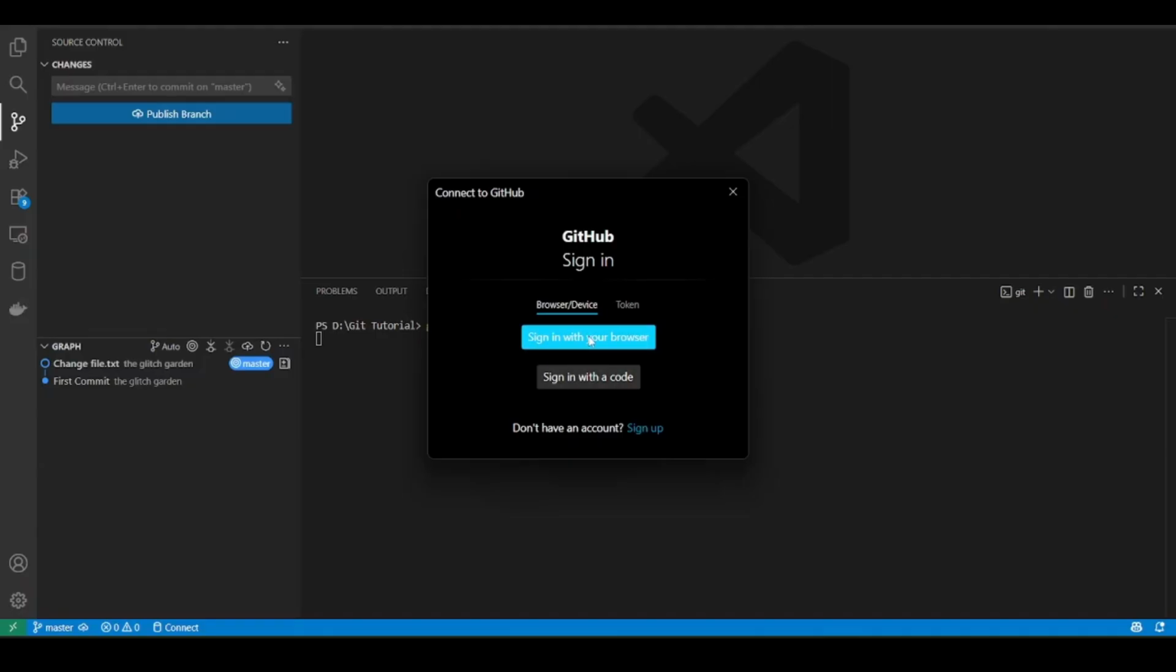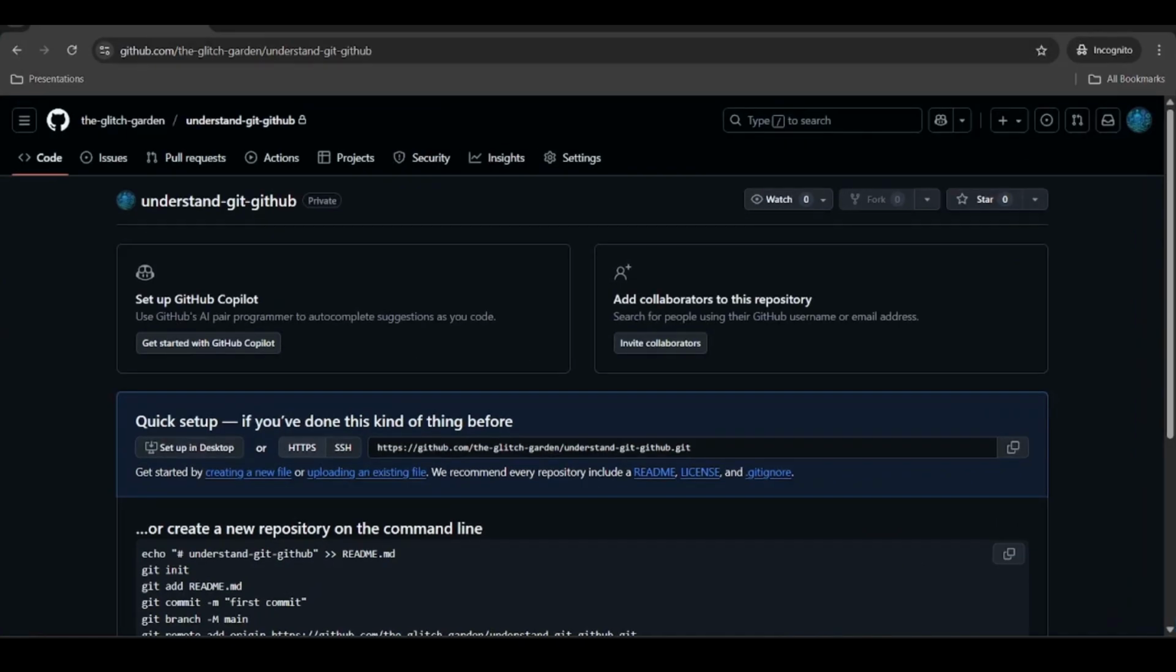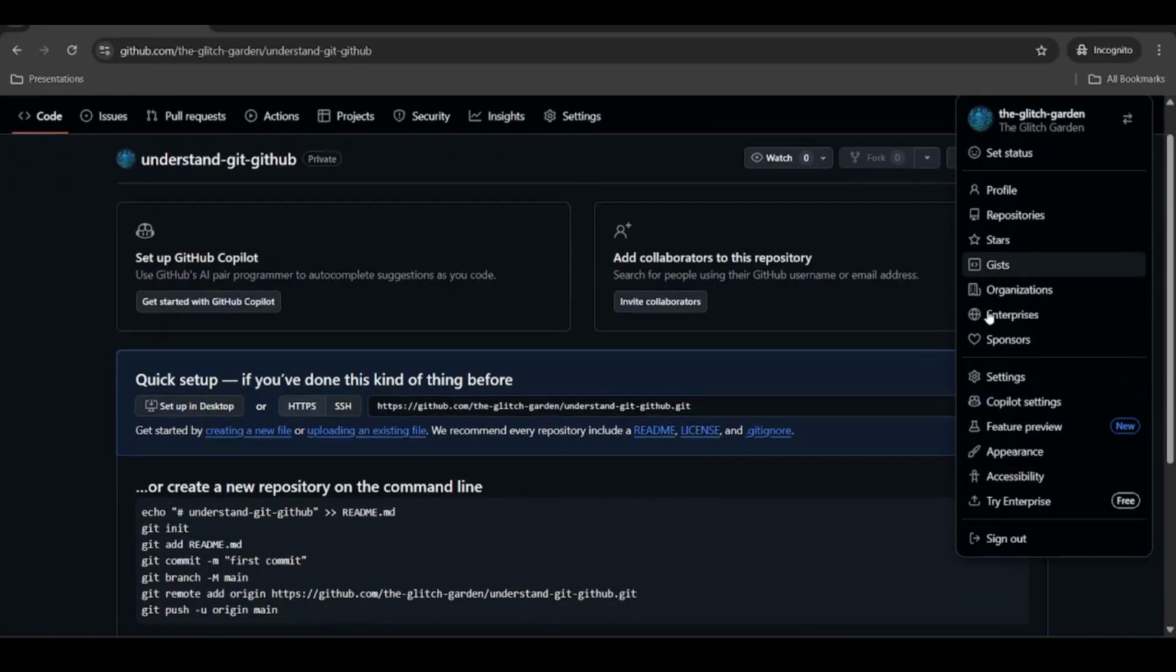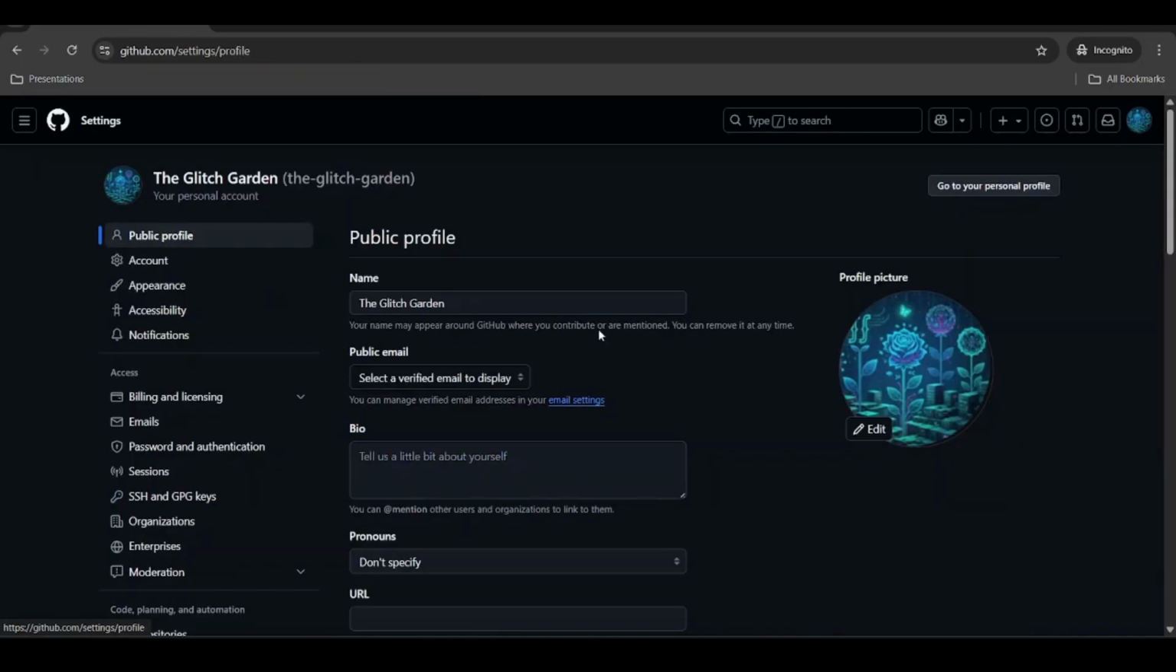So there are two ways: either you sign in with the code, sign in with the browser, or if you don't want to write your username and email ID or password, then you can use a second option, that is to use a token. This is a personal access token. In order to grab that, you need to go to your GitHub account, and on your profile picture click on settings,